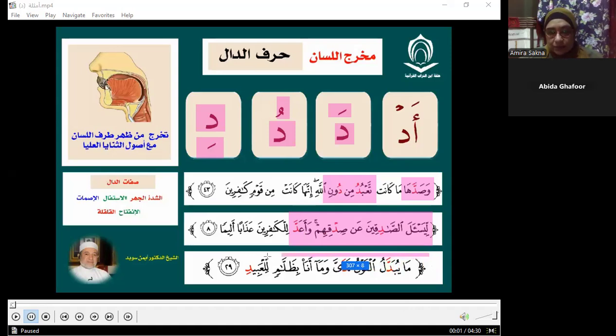Okay. We will recite the whole ayah. أعوذ بالله من الشيطان الرجيم. ما يبدل القول لدي وما أنا بظلام للعبيد. Pay attention here. Before we talk about the dal, here, أنا, this zero sign, which is very similar to the English zero,